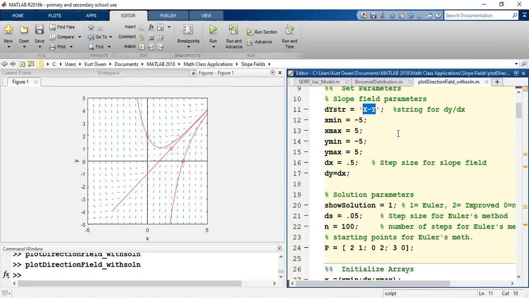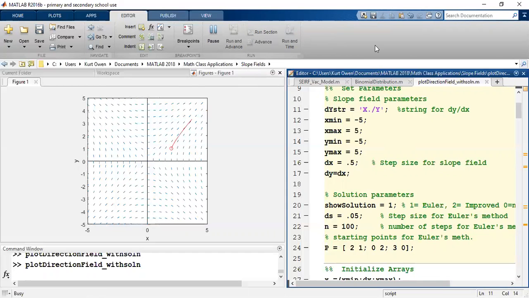If we were to go to the equation, let's say, let's do x divided by y. Yes, so let's see what happens when we do that. You can see we just got a crazy answer over there. Okay, so the slope field, first of all, it's changed because our function now is dy dx equals x divided by y. And you can see we have some crazy answers. Now everywhere that this gets crazy, hopefully you can see my cursor here, it's where the slope is very